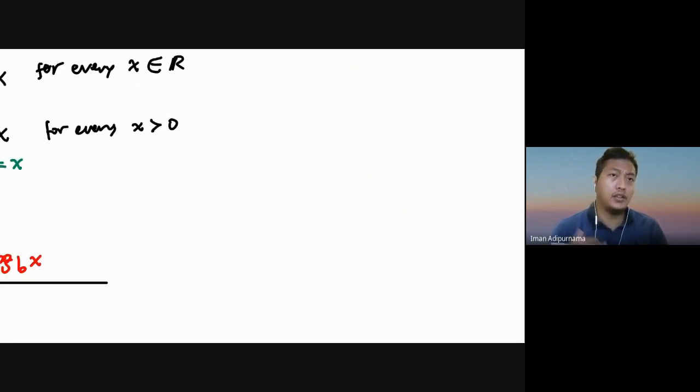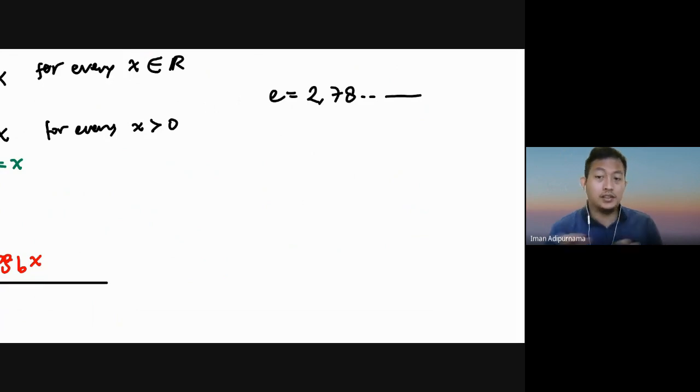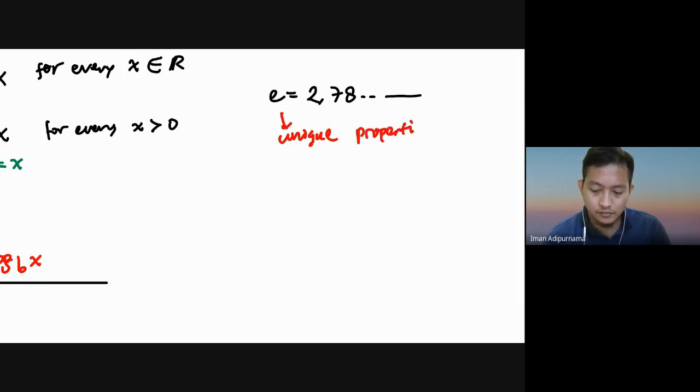I will tell you in class why we need e and what e actually is. But e is an irrational number, around 2.718, so it's between 2 and 3, but it has a unique property, in which if you have log e,